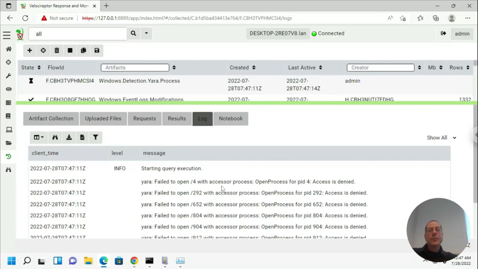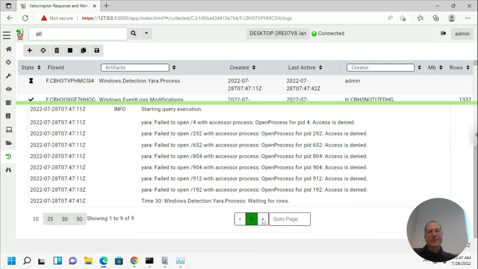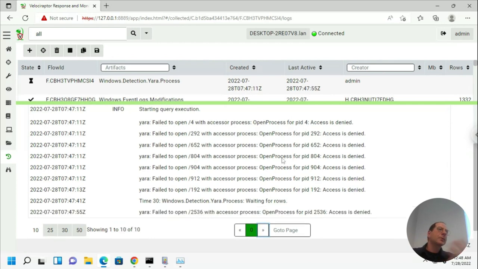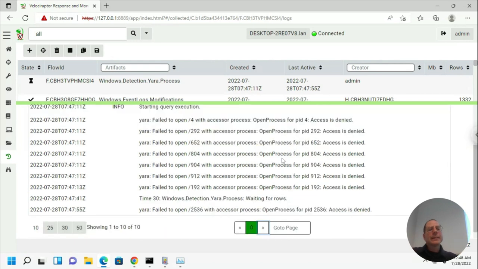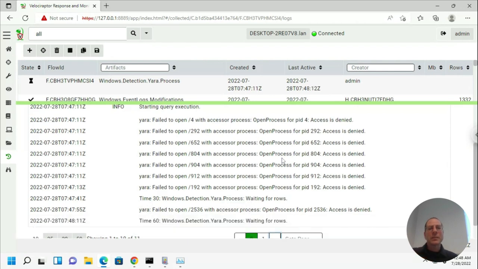So we can see that some processes we can't really open because 4 is the system process, so we can't open it at all. But these other ones are protected mode processes. We don't have the privileges to open them, and so on. So it's going to scan the processes, and some of them it's not going to detect. But the reality is that with protected mode processes, Beacon is probably not going to be injected in there anyway because it's got the same problem. So I'm not too worried about those, right? It's going to take a little while,